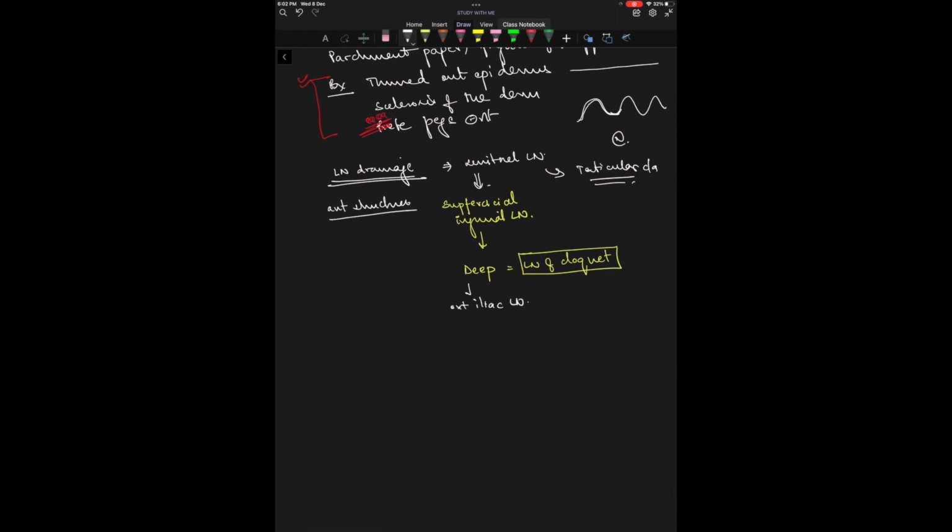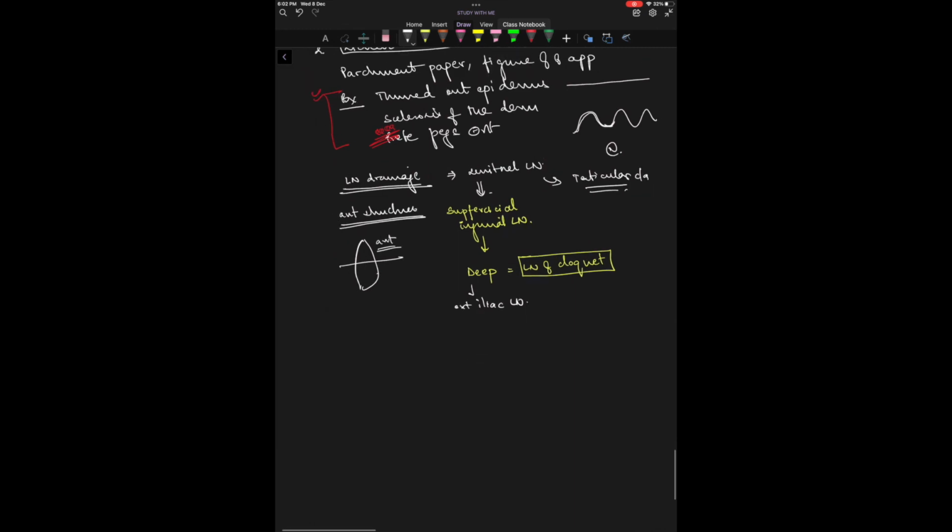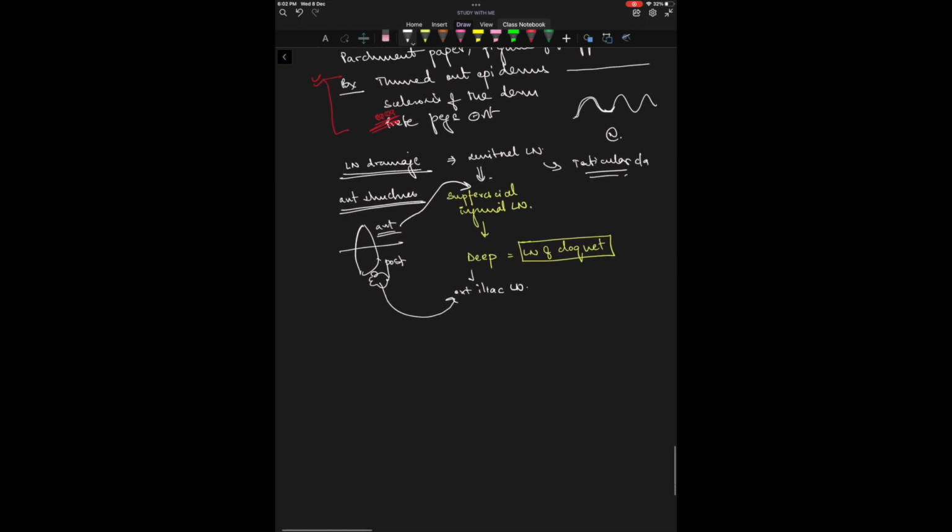That is the carcinoma if it is in the anterior vulva. In posterior vulval cancers, what happens is that they will directly go to the external iliac lymph nodes, and these anterior will follow this route. All right, also remember that here we have the clitoris.